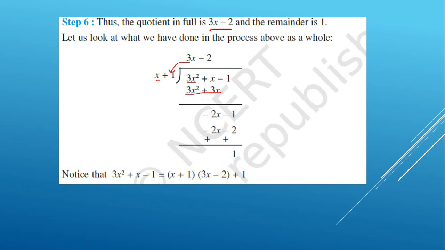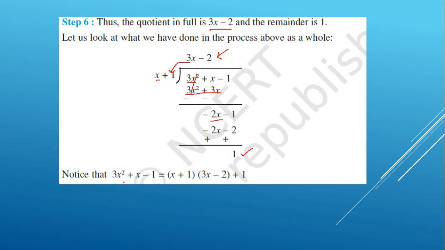Right, which I explained just now. When we solved it, they get cancelled. We got minus 2x minus 1. Still the degree is the same, so we will divide more. Minus 2x divided by x, we will get minus 2. And in this way, when you multiply minus 2 by x plus 1, you will get minus 2x minus 2. When you solve it, the remainder you have got is 1.